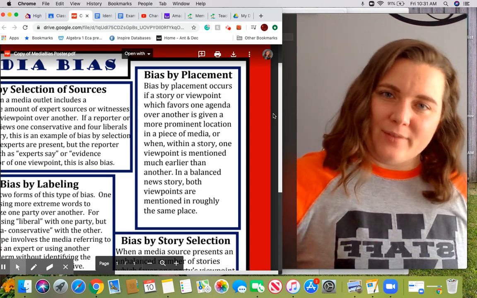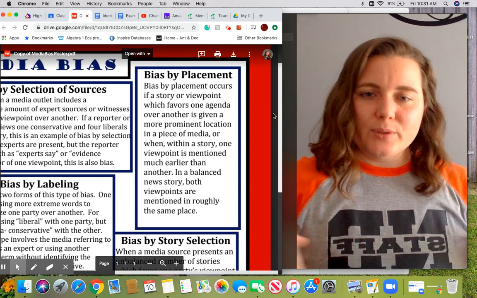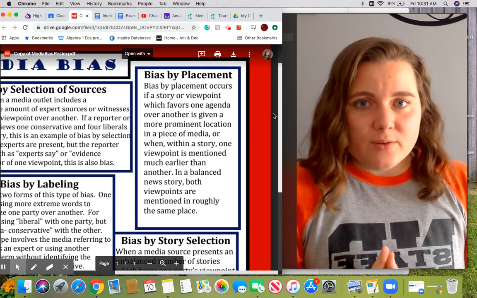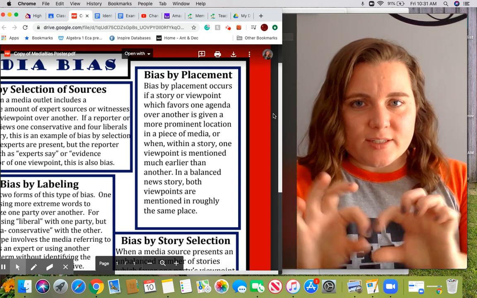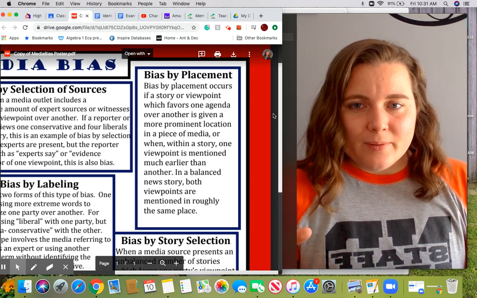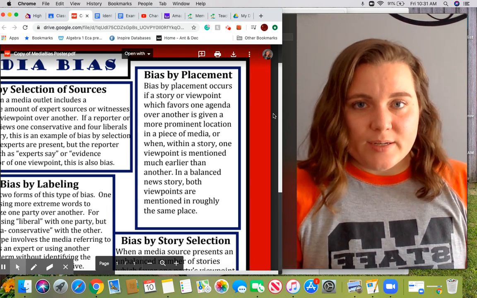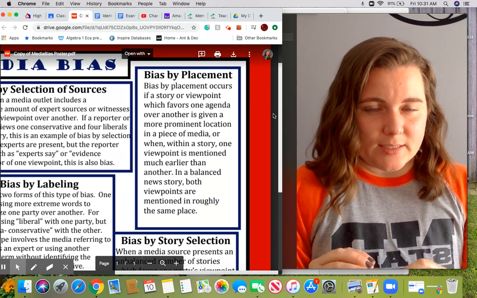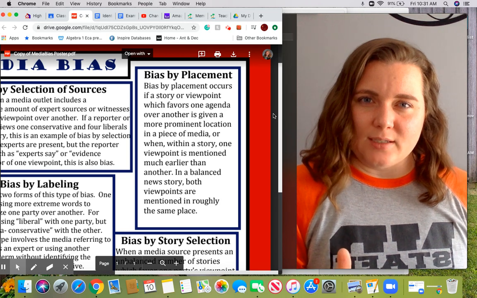If it's at the top, if it's at the front, if it's really big and bold, they're wanting you to see it. If it's a video, if it's at the very, very beginning, or if it's the title of the video, they want you to see it. If it's a print source and it's at the very, very bottom of the page, it's in small print, or maybe it's several pages into a story,